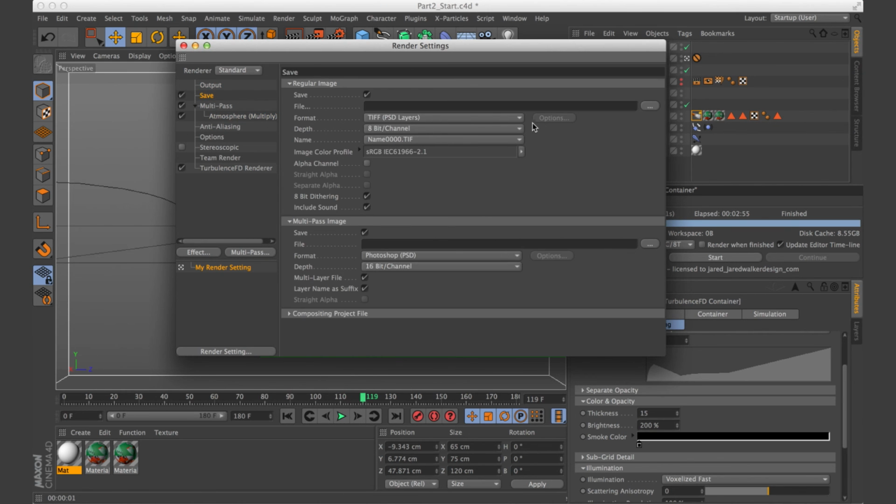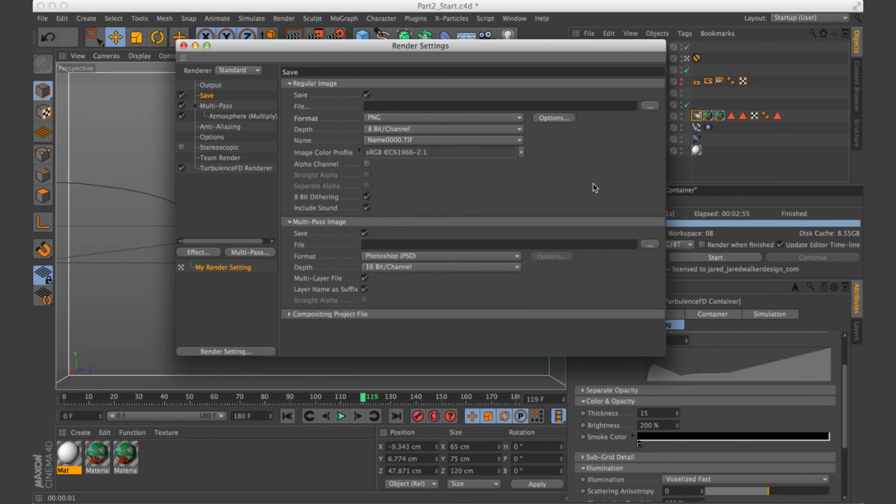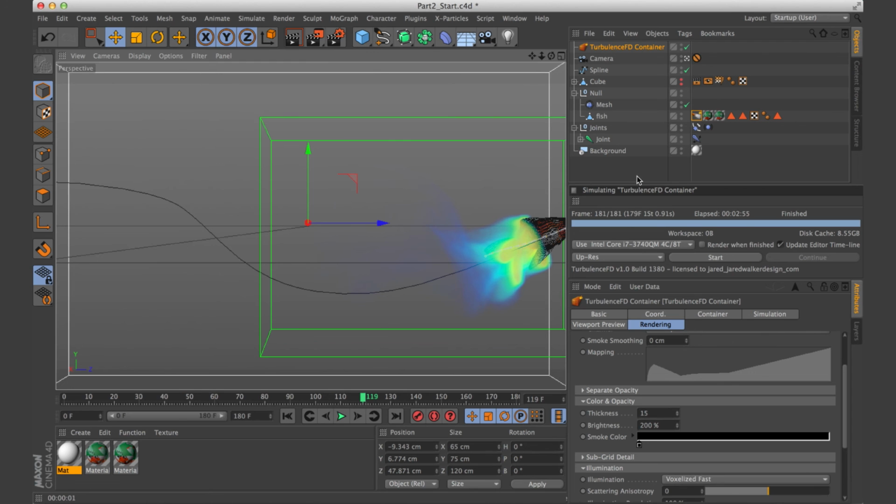And then in here, you just select what you want to render it out as. I think I did it as a PNG at 16 bits. And that's it. And then after you render it out, you just take it into After Effects and maybe tweak it a little bit with the curves.